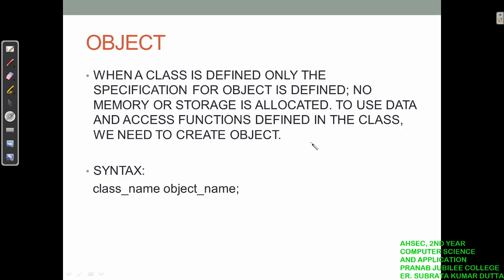The syntax to create an object is the class name, then the object name. Say we have created a class ABC, then here we write ABC and any object name we can give. Again, we will see the example in coming videos.